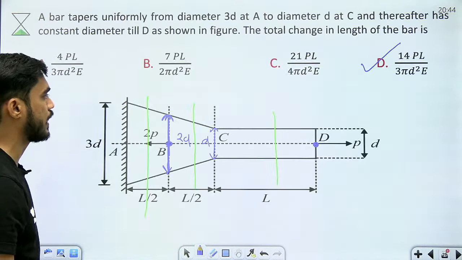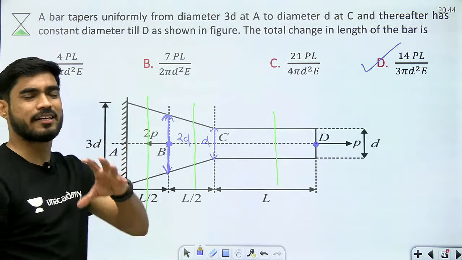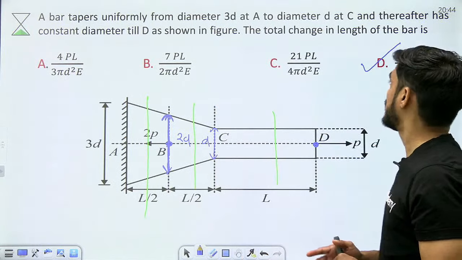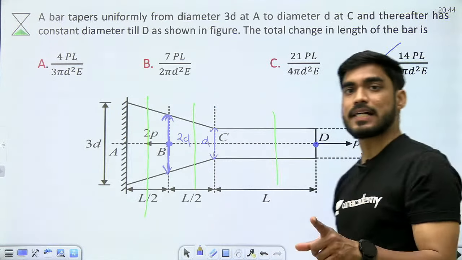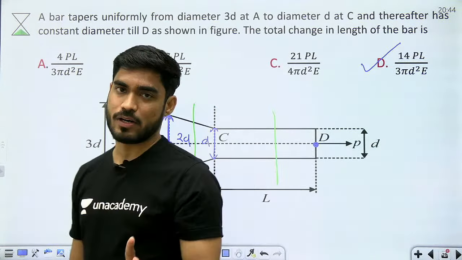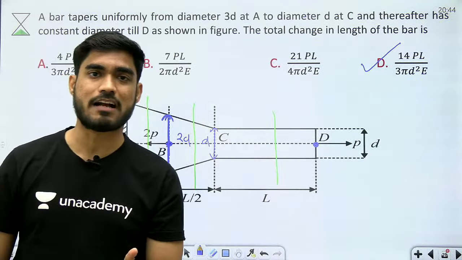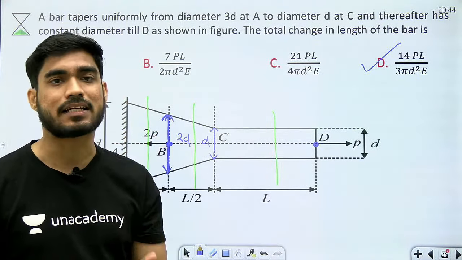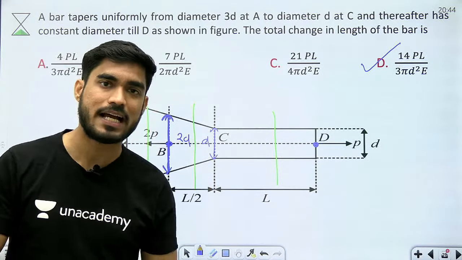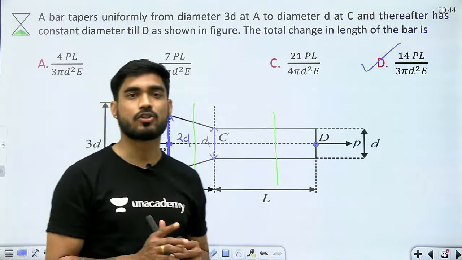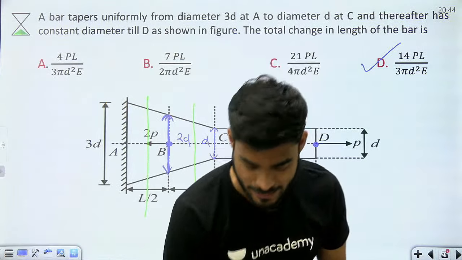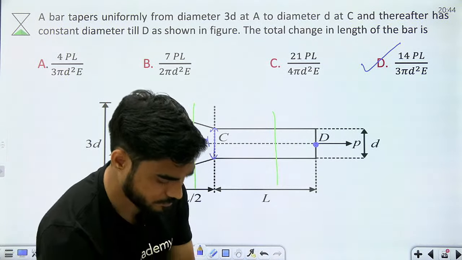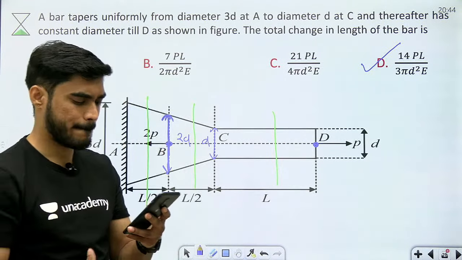ओके. सो बेटा you can see that there will be direct formula based questions. So you need to remember the formula of circular tapered bar and rectangular tapered bar. Circular tapered bar का formula और rectangular tapered bar का formula आपको याद रखना है, तभी आपसे क्वेश्चन बनेगा. Otherwise you will not be able to solve the question. Is this thing clear to everyone? क्या ये सबको क्लियर है?